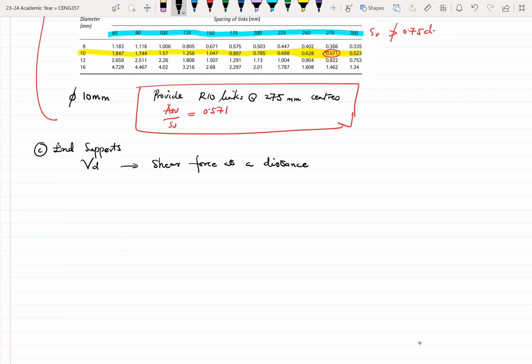Okay. So at the end support, the shear at the distance D, so VD, will be equal to, at the end support, our shear is 0.45 F. Okay, let's take a note of that. So we have two end supports. So 0.4 F minus W